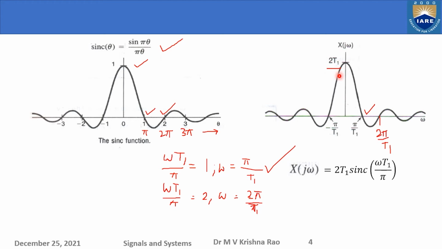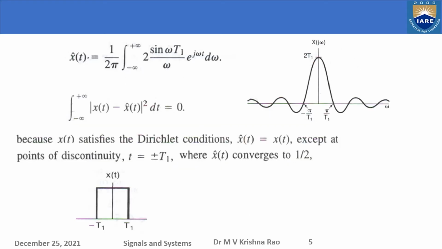Pulse, you should not call it a pulse. It is a rectangular function, you should say. Rectangular box, you should say, in the frequency domain. Okay, you cannot say pulse. Pulse is applicable only for the time domain. So let us move further. So this is the Fourier transform